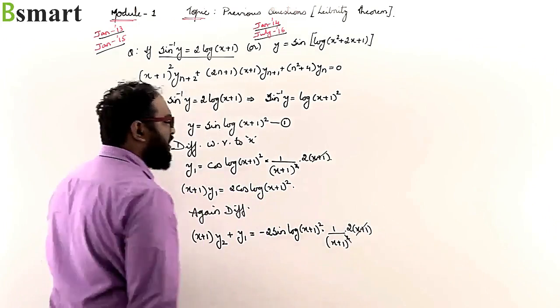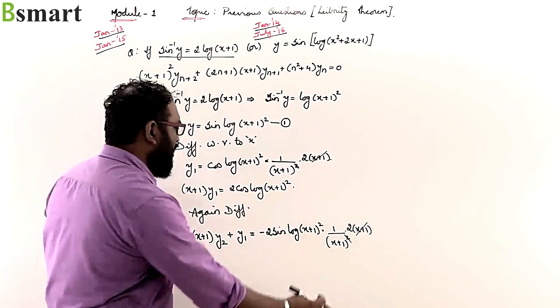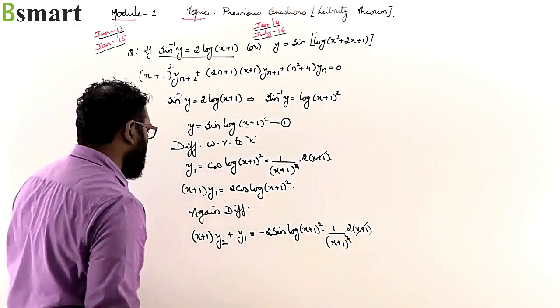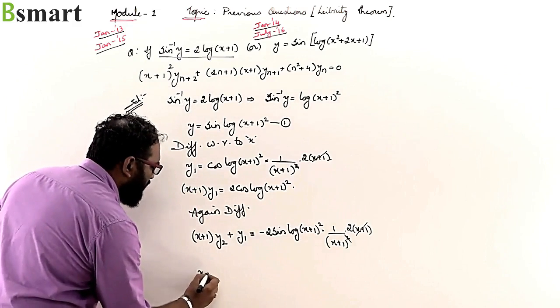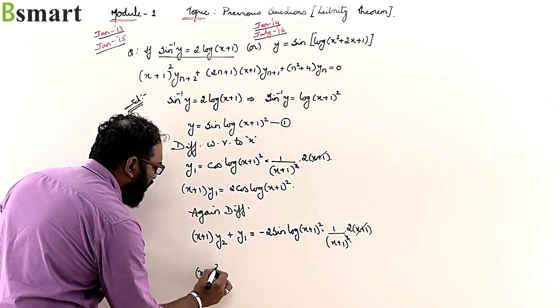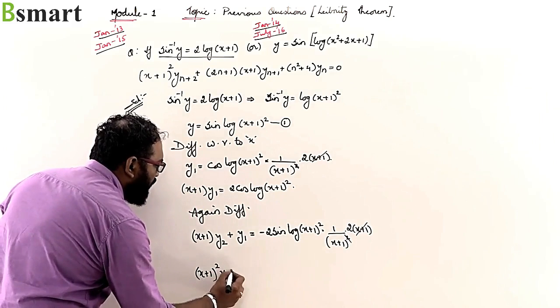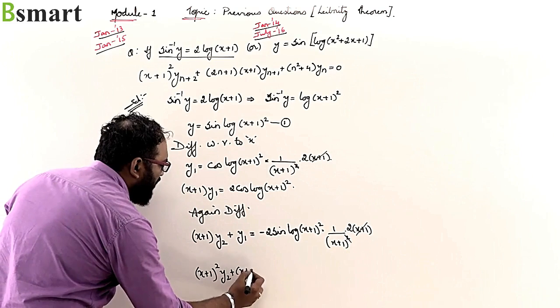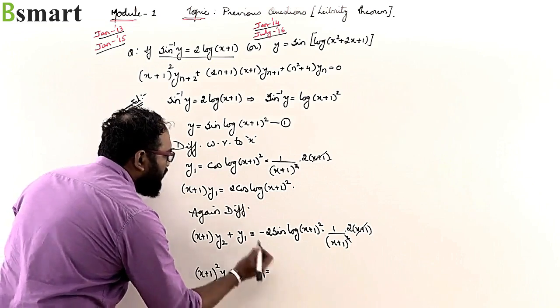So (x + 1) and square will get cancelled. Now again I'll bring (x + 1) this side. So then that will be (x + 1)² into y₂ plus (x + 1) into y₁ is equal to